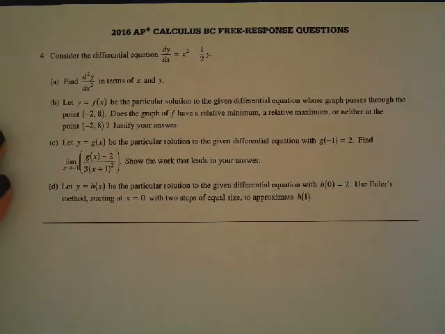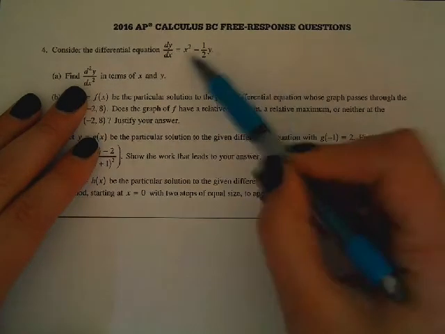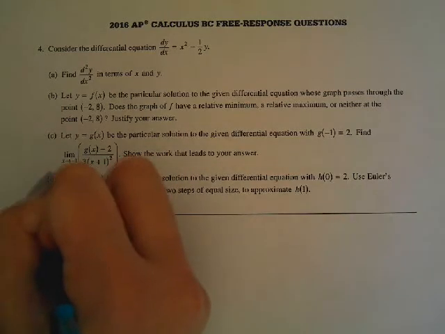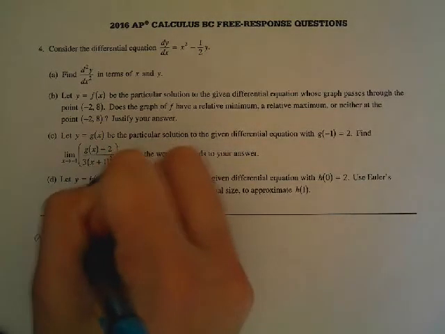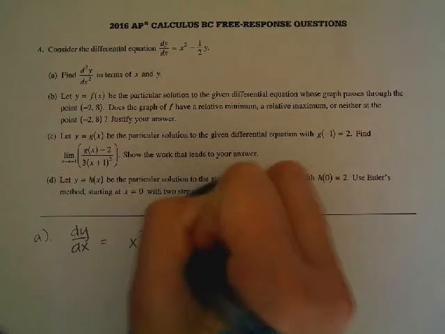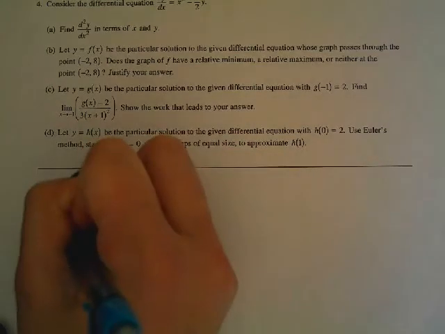All right, this is the fourth FRQ from the 2016 BC exam. So they're asking us first to find the second derivative. This is in terms of x and y, so we're using implicit differentiation here. So I've got dy/dx equals (x squared minus 1/2 y). And then I'm going to say the second derivative